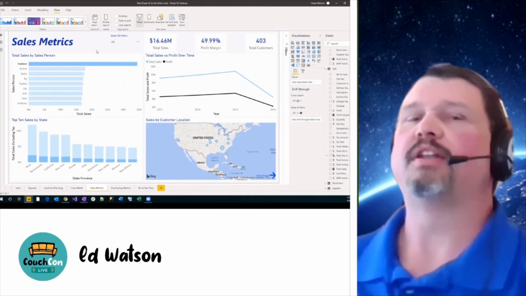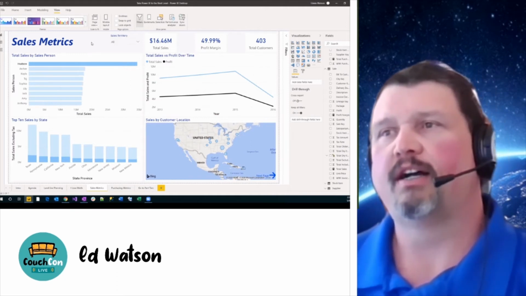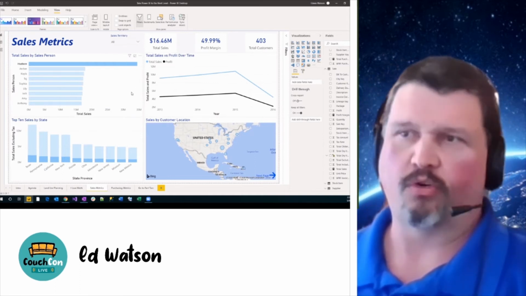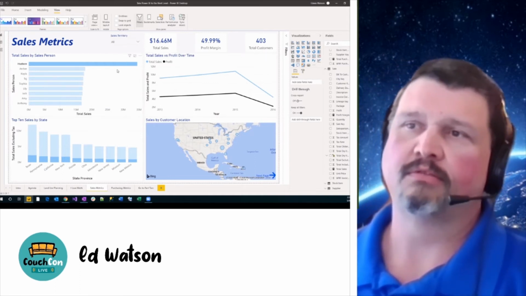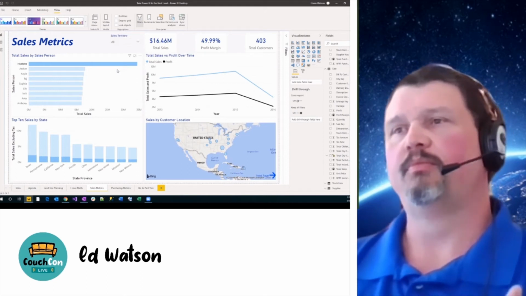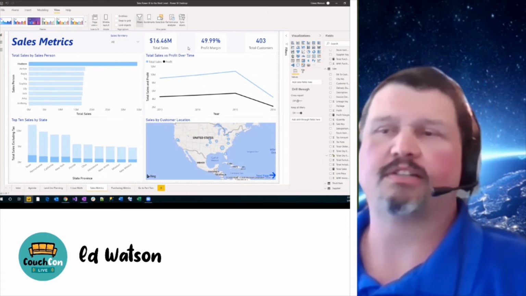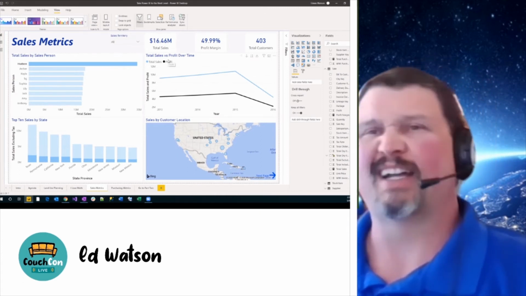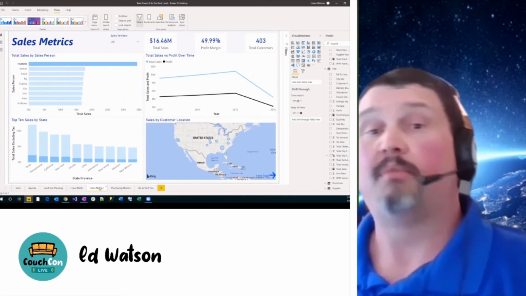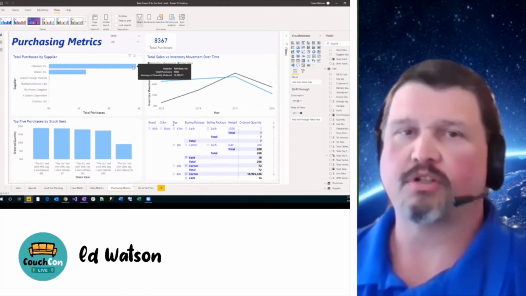So what we want to do is do like a light gray, a very subtle background color, and then use white or a little bit lighter color for your visuals. So there's that natural border, a subtle border that doesn't disrupt the connectedness of the report, the visual effectiveness. So I mentioned that to show you when we go over to the purchasing metrics,